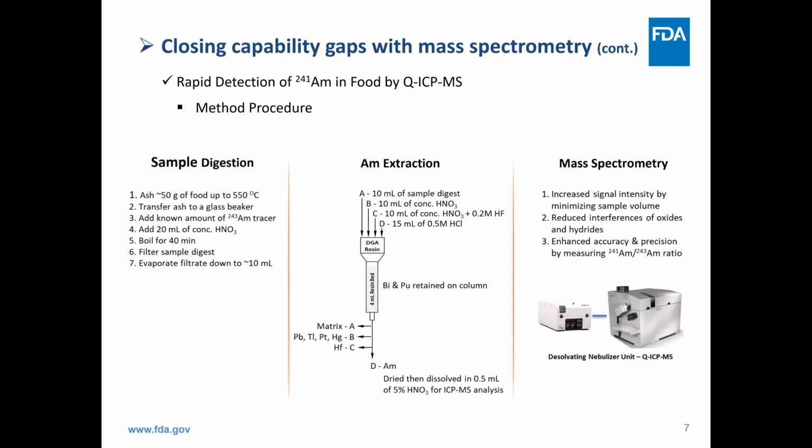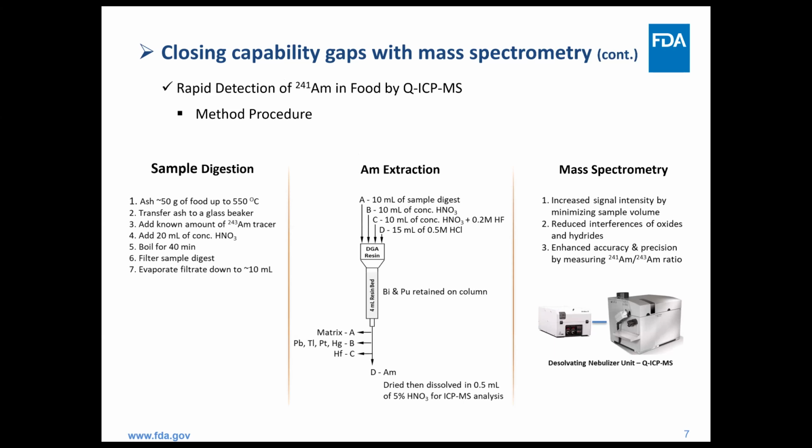These slides illustrate the developed method procedures. To convert the food into solutions, 50 grams of food is ashed, spiked with Am-243 and solubilized with concentrated nitric acid. And to extract the americium from the sample solution,